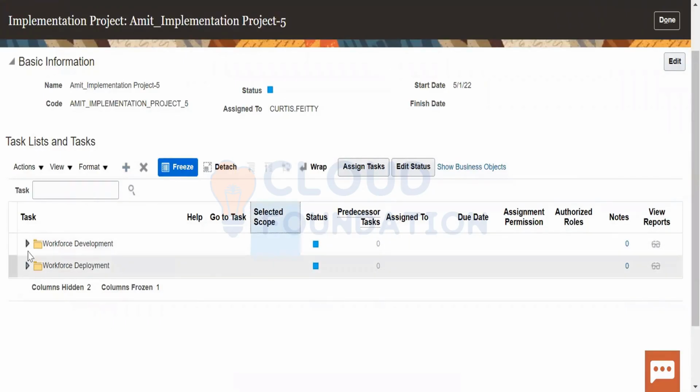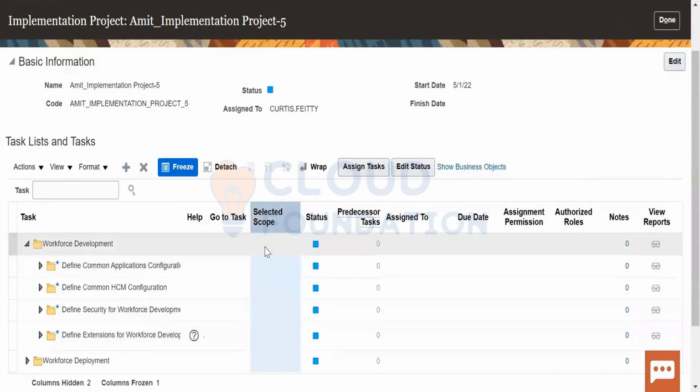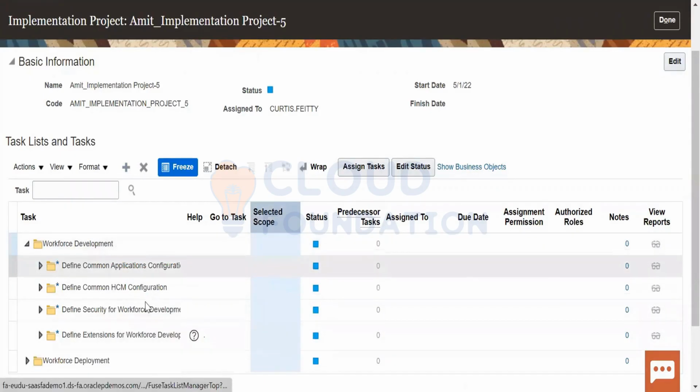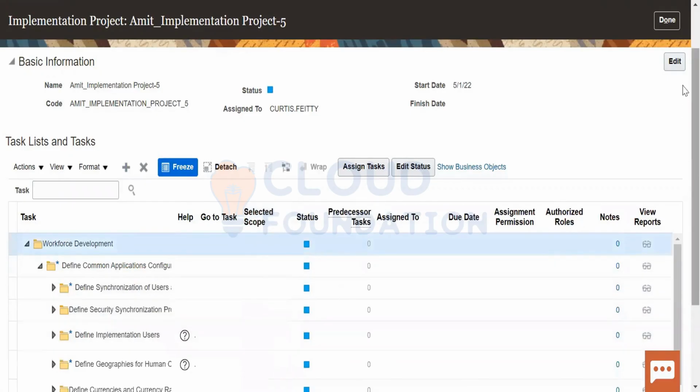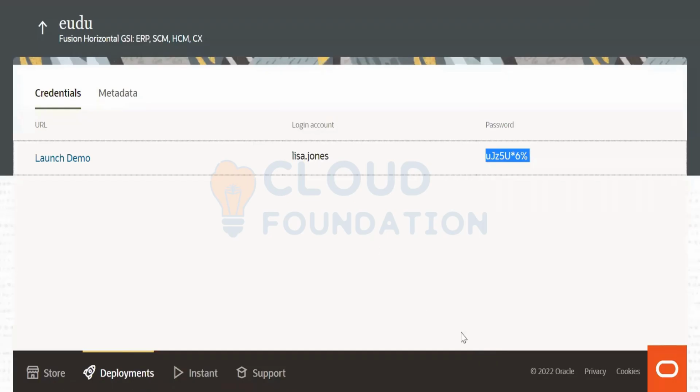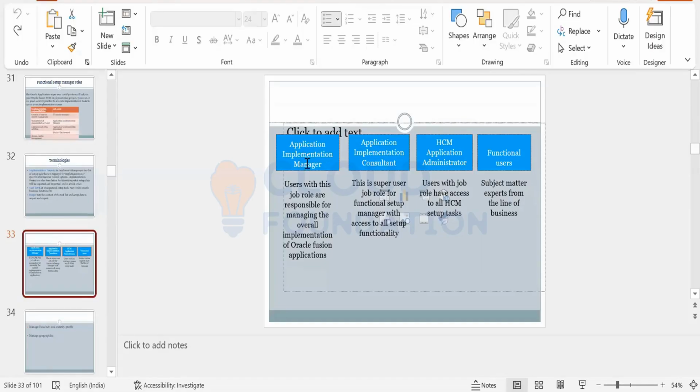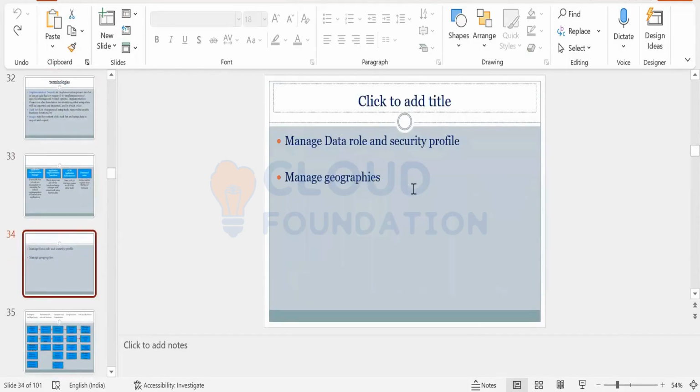So let's go. It is not showing over here. Okay, so this is the way we do it. Now coming to the application implementation manager. Application implementation is the same way we search all these things. I have shown you this one, and the same way we search the other roles also. Details are secured. I'll tell you what this is all about.